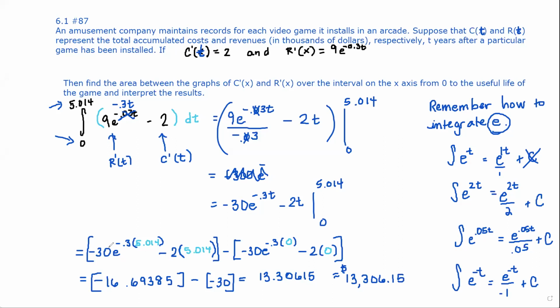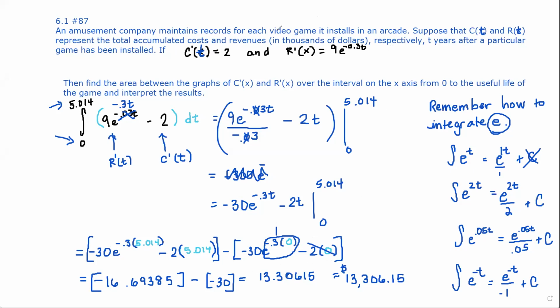Let's plug that in and see what we get. Substituting those values in, this first parentheses will give us a negative 16.69 and some change. And then back here, when you take e to the 0 power, this part of this expression equals 1. So a negative 30 times 1 is a negative 30. This, of course, is 0. But subtracting a negative 30 means add. So when you take the negative 16 and add the 30, you get